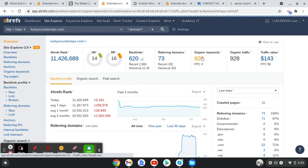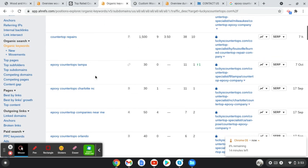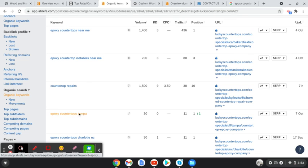So when we talk about keywords, let me just show you for an example. There's three areas of focus I look at here. And so I'm going to use this one right here, this Epoxy Countertops of Tampa. So volume is how often these particular words are searched. The KD is the keyword difficulty, meaning how difficult it would take to rank your particular website for these keywords, as well as the position. So the position is where you would fall on Google. So this particular website is being found 30 times a month for Epoxy Countertops Tampa,